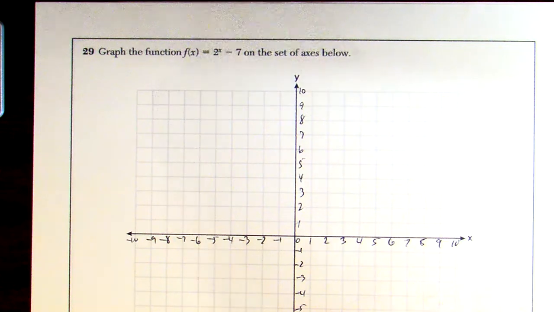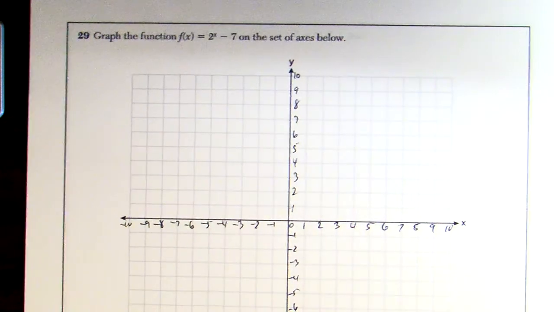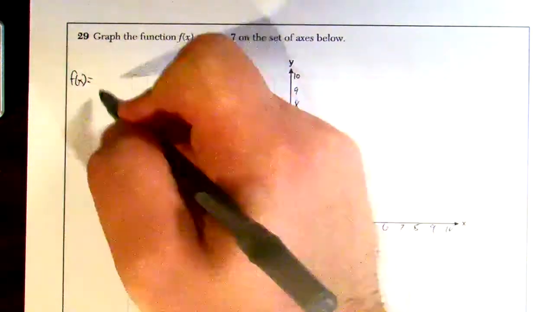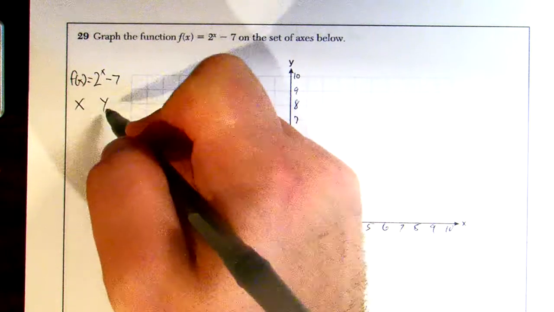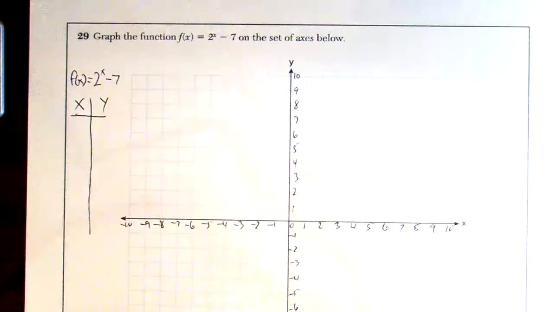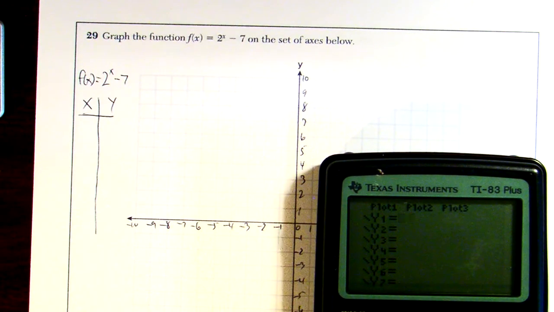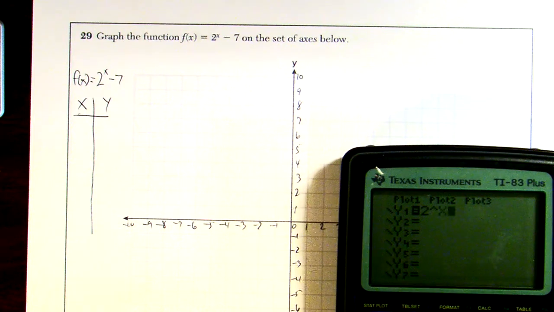Okay, so I know there's a second part of the question, but I'm going to solve the first part first. I'm going to write on the left f of x equals 2 to the x minus 7, and I'm going to get an xy chart. And let's do that right now. So I'm going to go to y equals, clear that out, 2, then the caret button, remember, is the arrow right here above the divide sign, to the x minus 7, press second graph. I'm going to get my table,